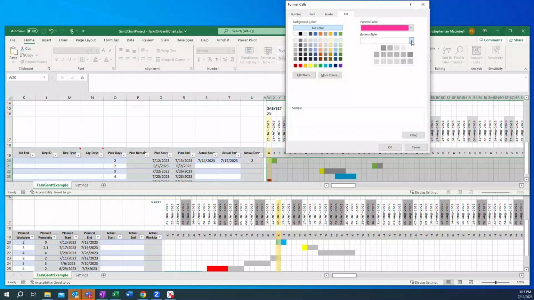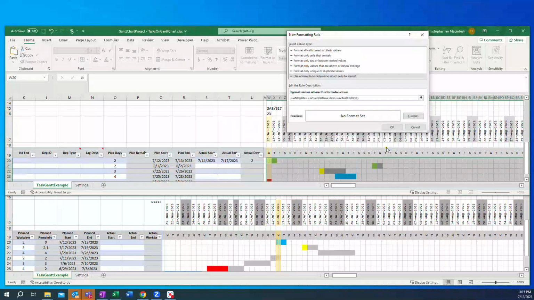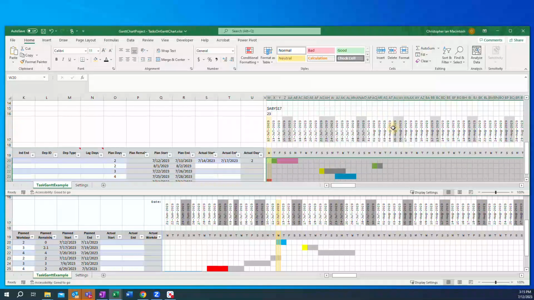And a pattern style. This time I'm going to use a horizontal stripe. And let's hit OK. And OK. And now you can see that my actual shows up there, so I can still see the plan, but I can see the actual,